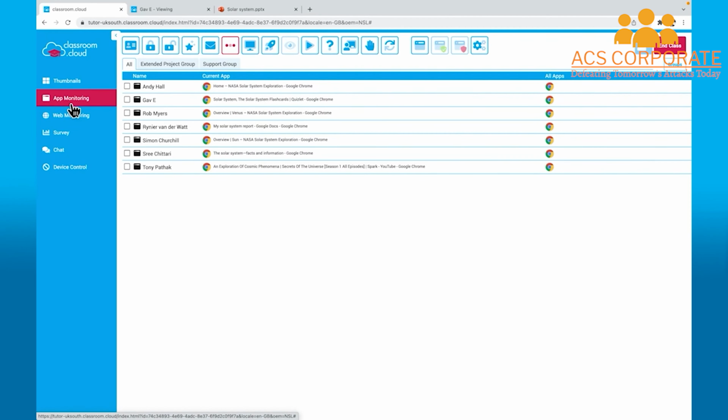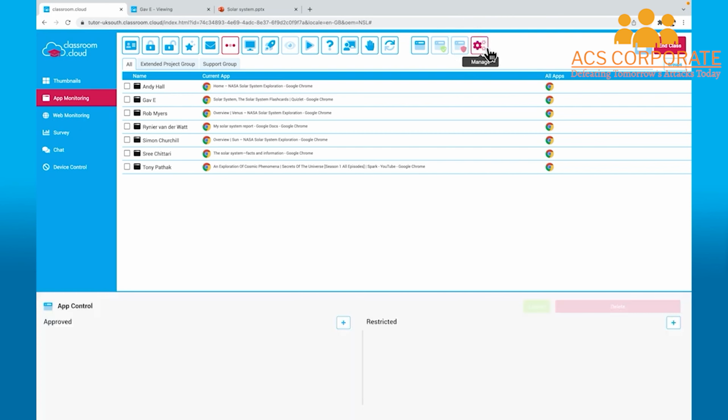Now, I can see that my class are all currently using Chrome, but the tools that they have access to in my class currently are completely unrestricted. You'll see the app monitoring icons related to the activity for app monitoring just here. We have unrestricted, approved only, block restricted, and manage. So it's currently unrestricted, and if I go into manage, we can see I don't actually have any approved or